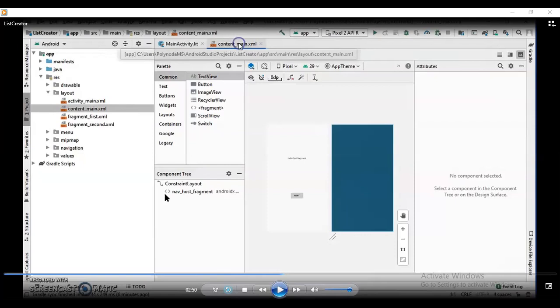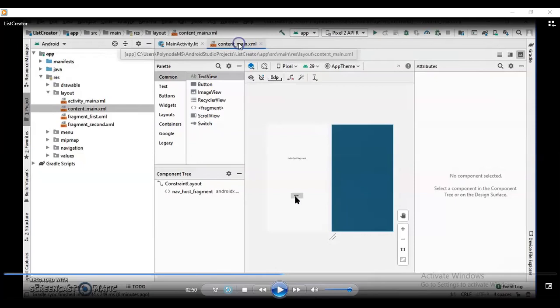In the first fragment, that is fragment_first.xml, there is one text view as well as one button available.